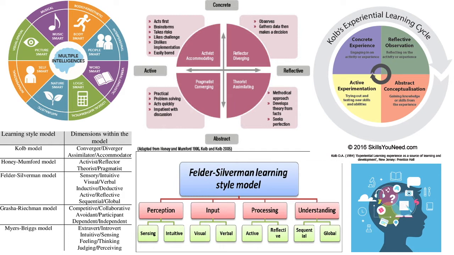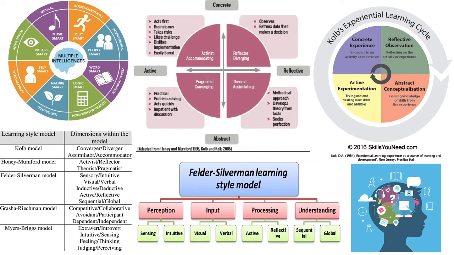And so, just looking at all of these, you see that there's a pendulum effect with some of these things. We've got internal influences versus external influences. We've got intrinsic motivation versus extrinsic motivation. We've got perception versus processing versus understanding. And there's so many things that work in this. The idea that this is going to be a little bit different for everybody is important to understand and also a little bit overwhelming. So, how can we take this appreciation of different learning styles and then do something actually